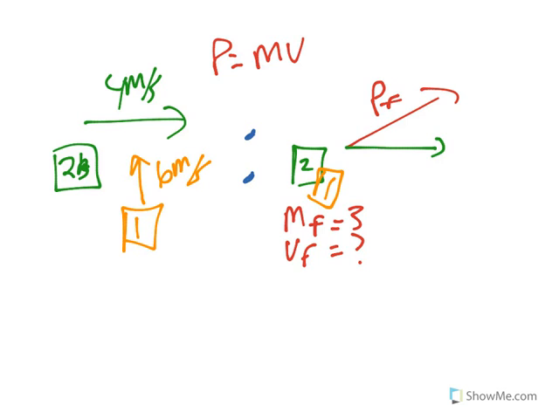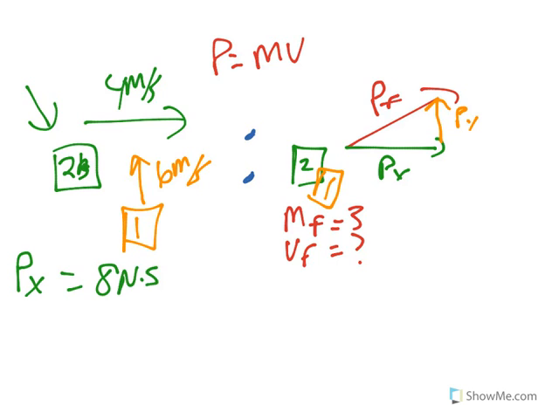What we have to recognize is that there is an x momentum here and a y momentum here. Okay, so we've got px and py. Now, where do we find px and py? Well, we have to remember that in the x direction, the only thing acting in the x direction is the green, the 2 kilogram box. So the momentum in the x should be 8 Newton seconds. And the momentum in the y should be the only thing in the y, which is this orange box, which would be equal to